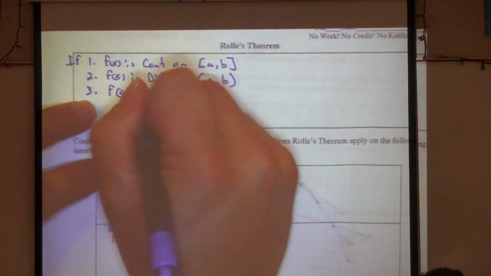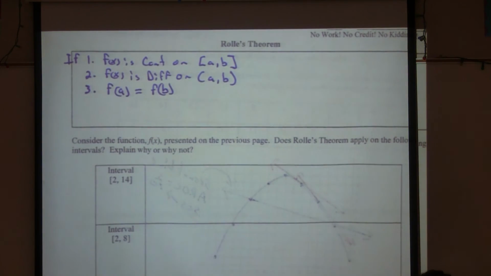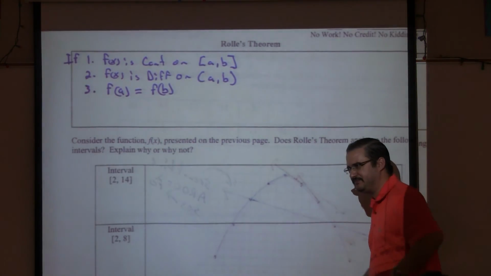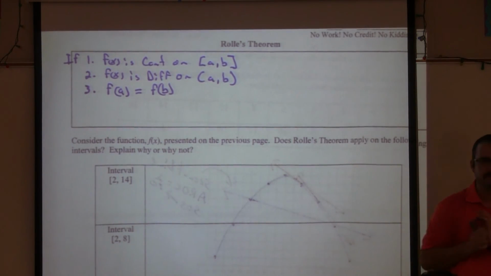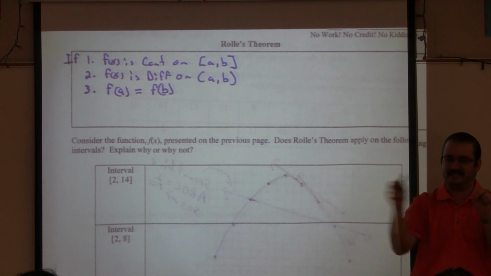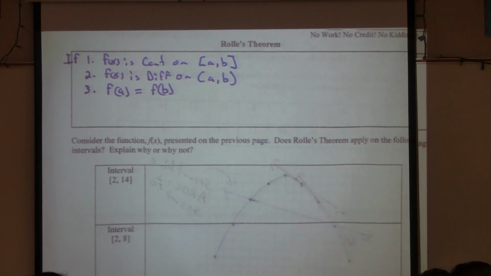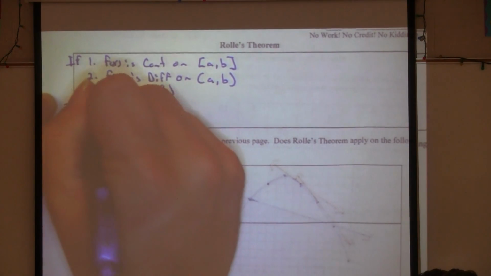The third condition is that f of A must equal f of B. So what does that mean? Where it starts should be the same place as where it what? The same y value, right? Not the same exact point, but the same y value. Good? If those three things are satisfied, then you can say that